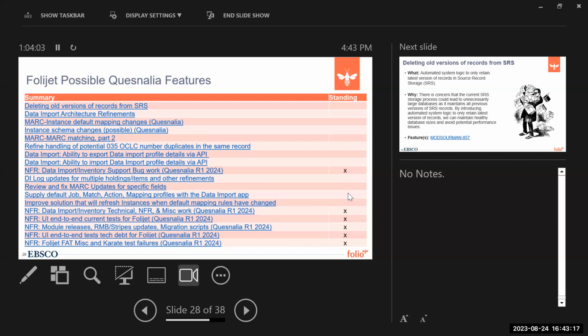But we are right now starting to define what is going to be in Quesnalia and what is the priority. And this was the first pull that Kalila, Harry, Ryan, and I did from all of the stuff that's hanging around as possible features